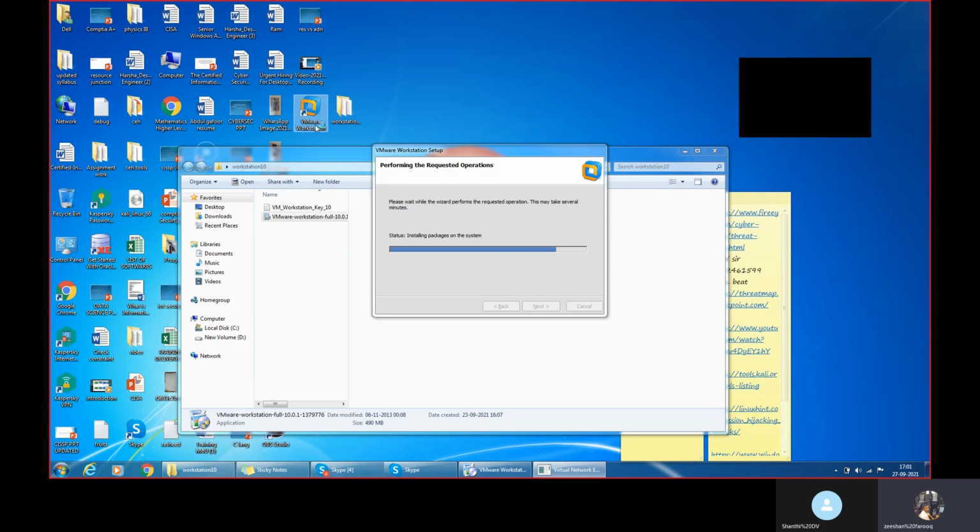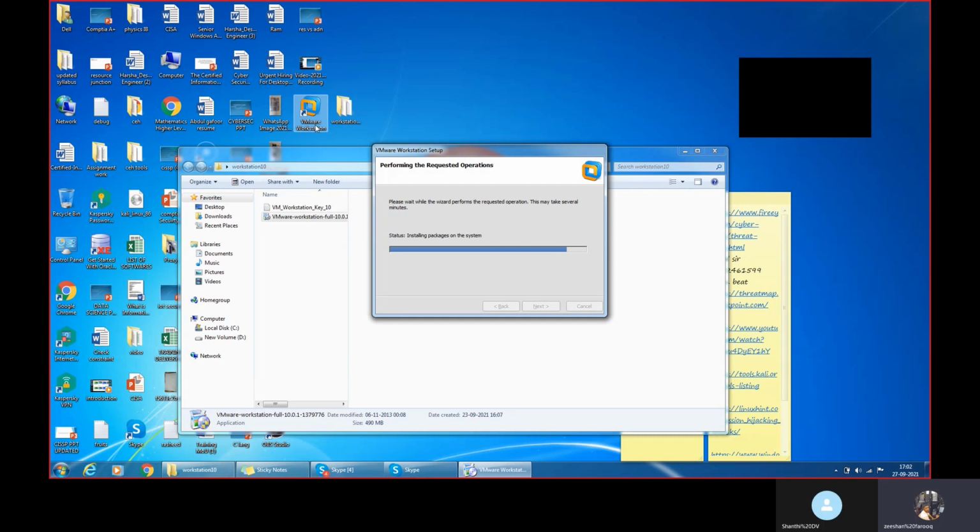When I install this workstation, first of all the system will get a little bit slower, because on top of this VMware Workstation we will install an operating system. It will get a little slower because multiple operating systems will be installed on it. The size also matters: how much storage does your system have?